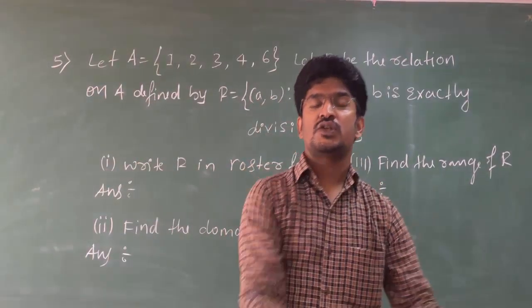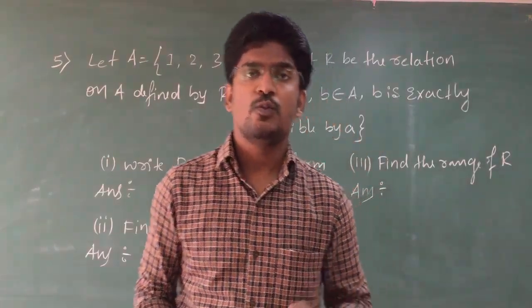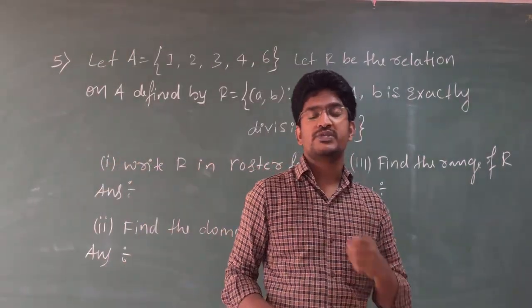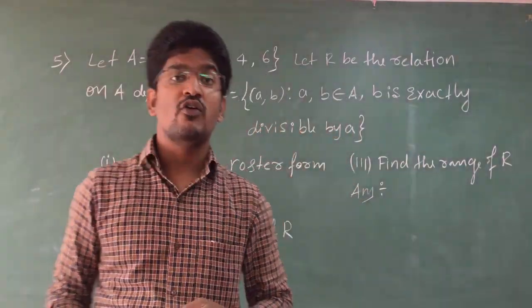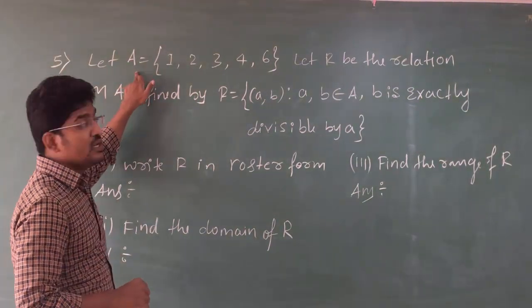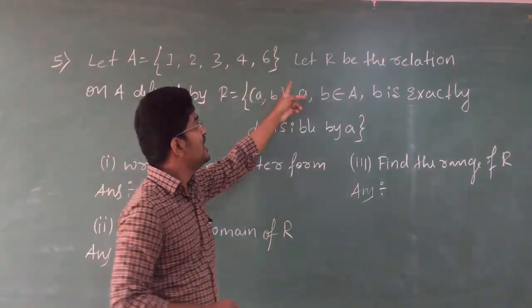Okay students, so now let us continue our problems of exercise 2.2. Clear? So already we have solved 4 problems in the previous class. Now I will go for the 5th problem, that is, let A be the set of 1, 2, 3, 4, 6. Let R be the